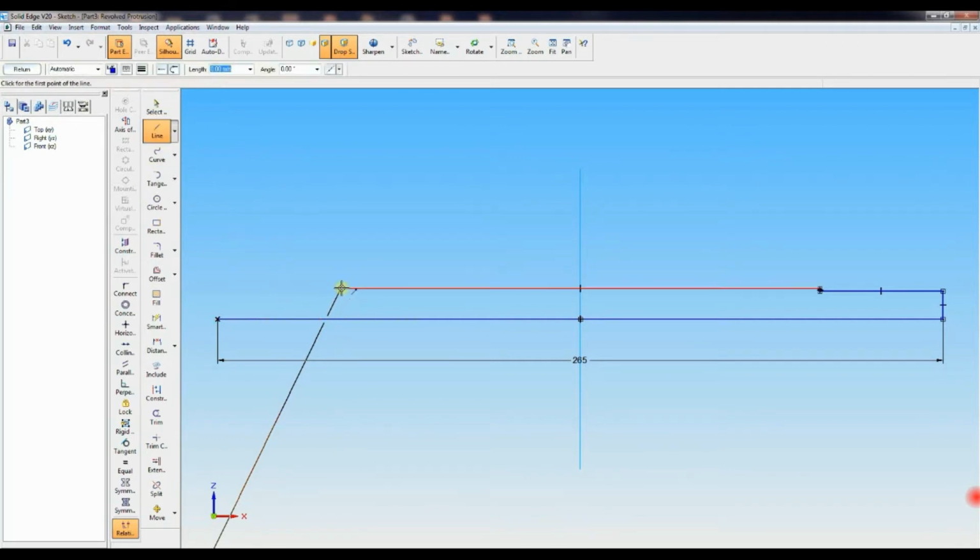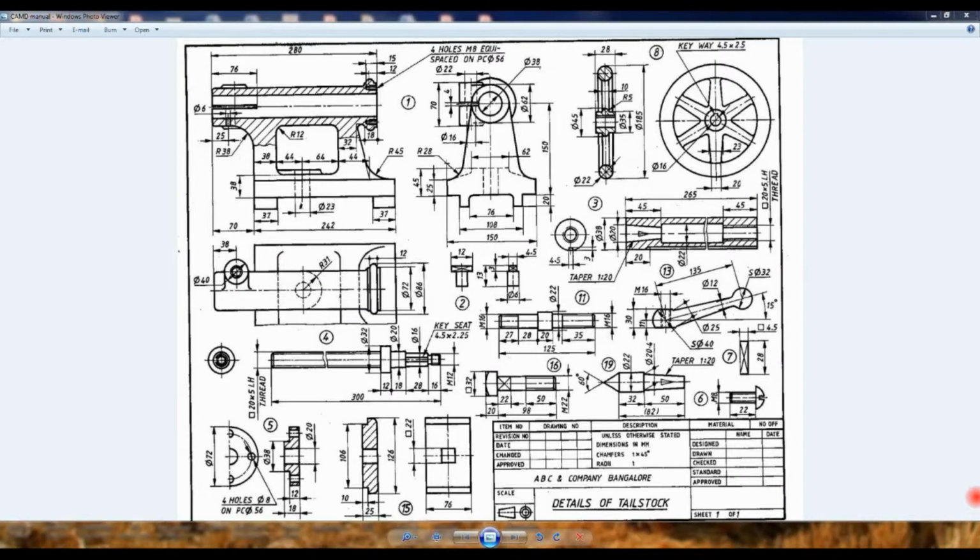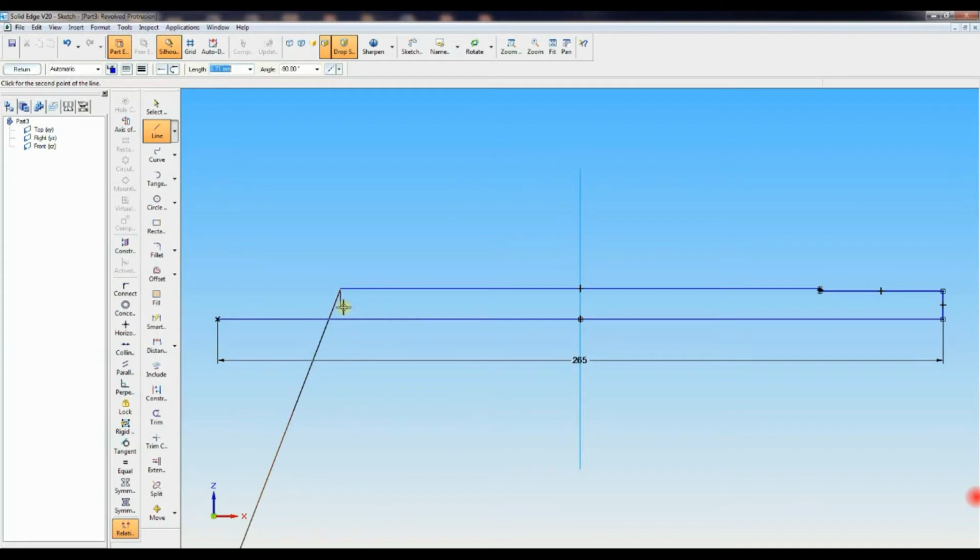Take the line and draw in the downward direction. Here 22, half of that is 11 mm. 11 minus 9 gives 2 mm. 2 mm depth.